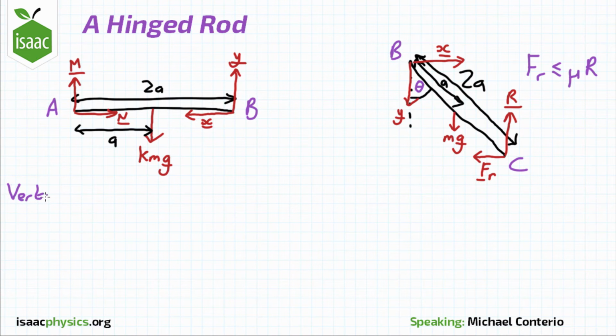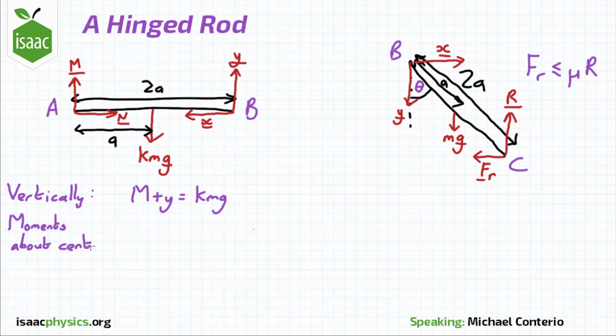Looking at the part of the rod between A and B, the forces must balance because this rod is in equilibrium. Looking vertically, this means that M plus Y is equal to kmg. The total moments about any point must also be equal to 0, so taking moments about the centre of mass gives us a clockwise moment of M times a, which is equal to the anti-clockwise moment of Y times a. The forces N, X and the weight all act through the centre of mass and so give 0 moment at this point. Cancelling out and rearranging these, we can find that the size of Y is equal to kmg divided